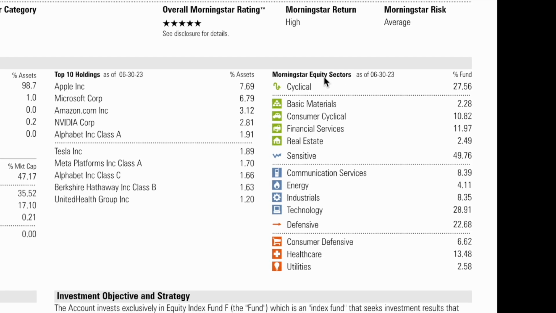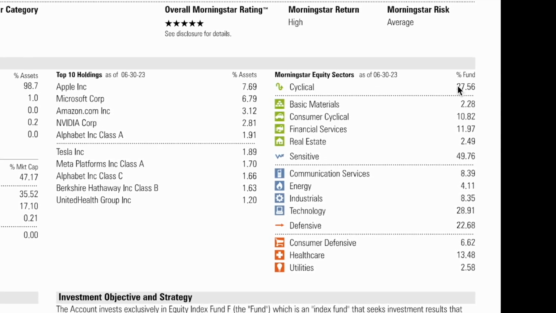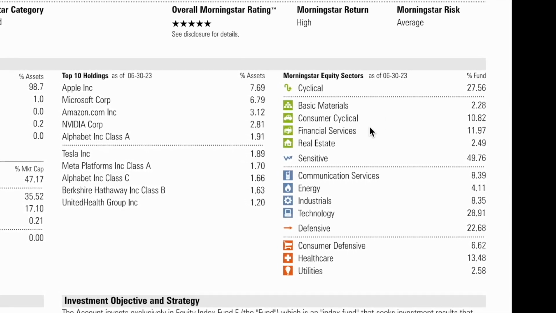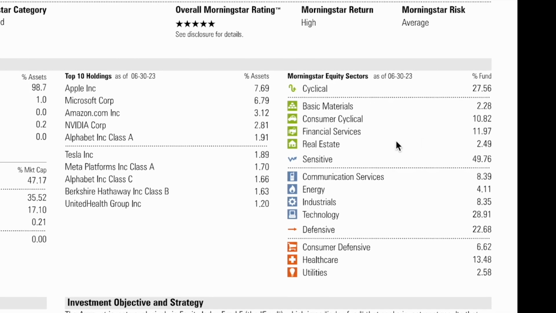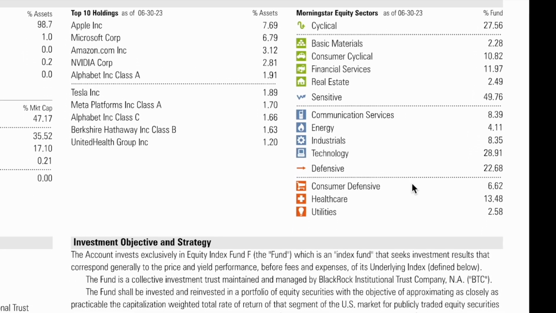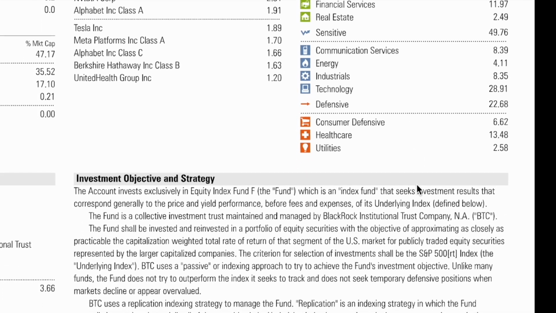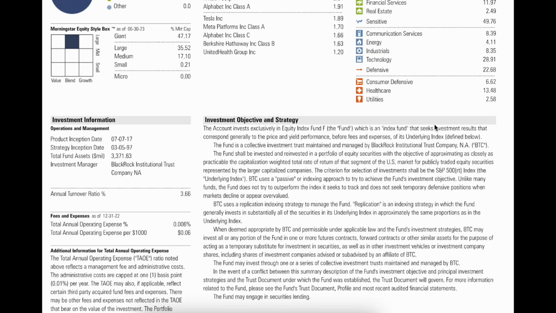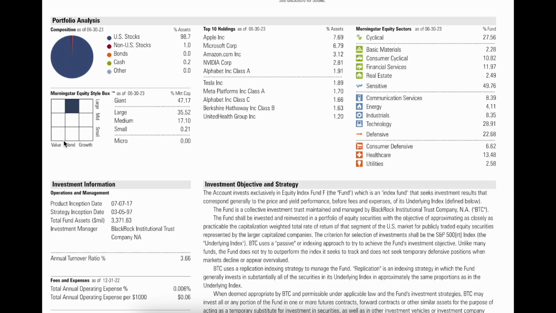So here's the sector, and you can see cyclical is 27%, basic materials is 2%, consumer is 10%, financial services 12%, real estate 3%. So that's why I like the S&P 500. You're getting this well diversified investment that allows you to basically just buy the broad market of the United States of America, which is nice, to get all 500 companies that are meeting this criteria so that you know that you're getting a good investment long